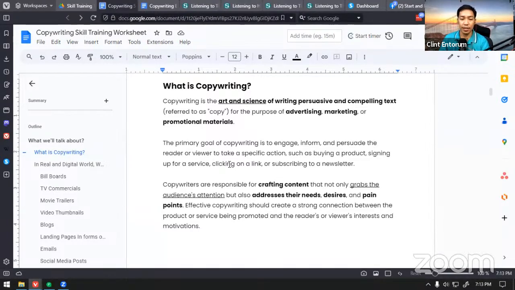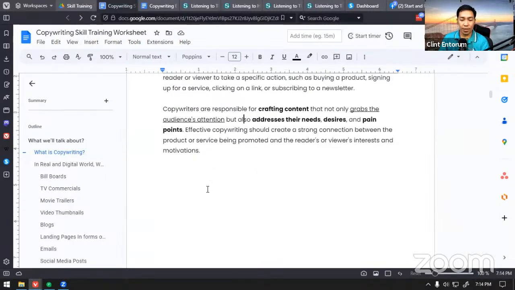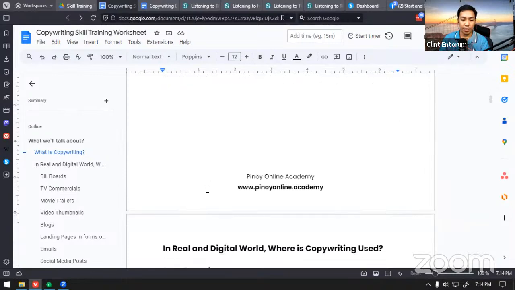So marami kang maitutulong sa business owners. And especially you could set your price at a high rate when you have copywriting skills built into your existing skill set. Okay, so that's a good thing because copywriting is in everything, in every marketing. Copywriting is actually a skill in marketing. Okay, so that is what copywriting is all about.